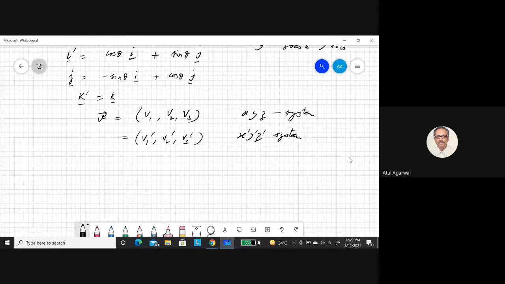Now I can say vector v is equal to v1 i plus v2 j plus v3 k. How do I get v1 prime? I take a dot product with the i prime direction. This will give me v1 prime. So what I have to do, v1